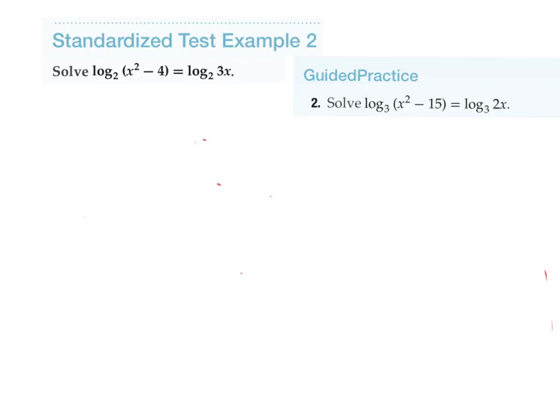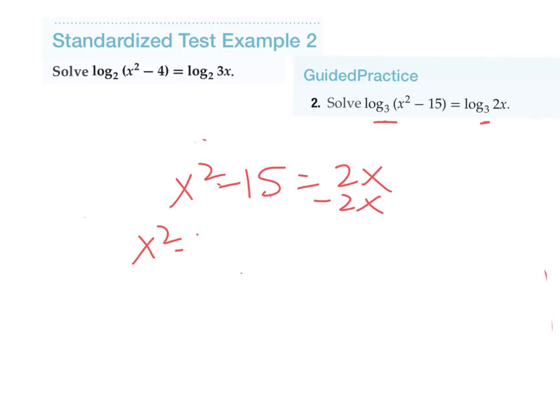So let's try this next problem. We notice that they both have the same base of 3. Since they have the same base, then the logs equal each other. So x squared minus 15 equals 2x. And now I just solve the equation. So I'm going to move my 2x over to make it equal 0. So once again, I get